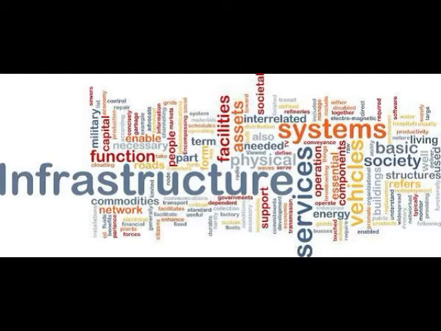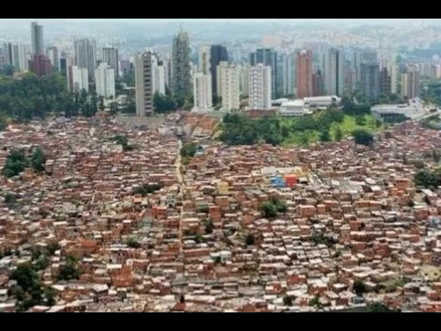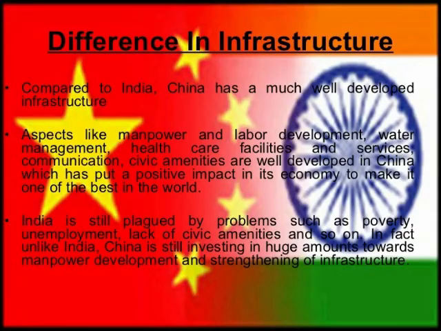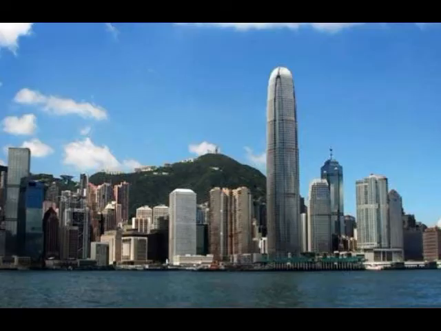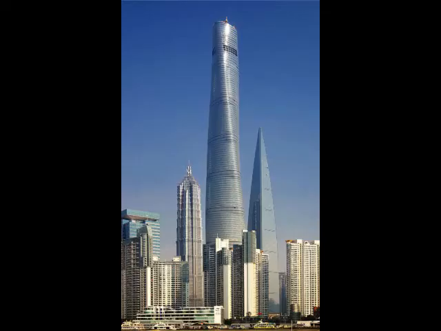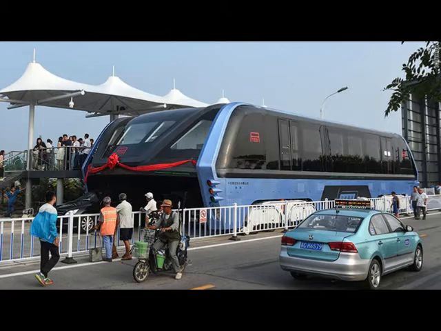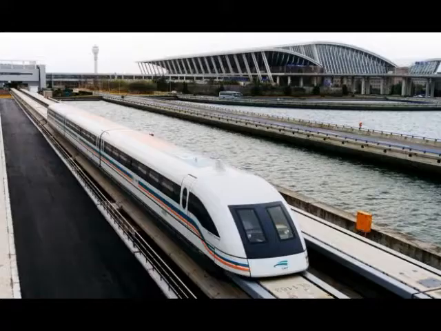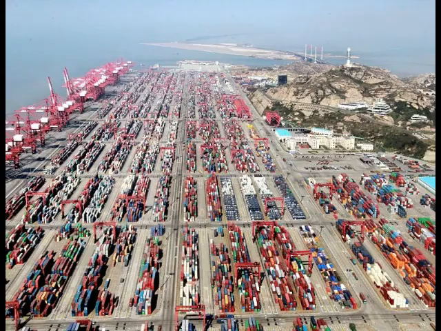Number 7. Infrastructure. There was a time when China held one of the biggest slums in the world and most of their cities were undeveloped. But with their improving economy over the last 3 decades, a huge amount of money has flowed into their infrastructure to attract foreign investment and also to create a supply chain in every region by improving their modes of transport, in terms of road, railways, airports and seaports.